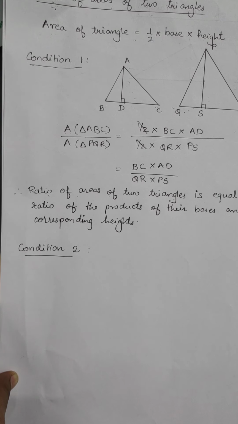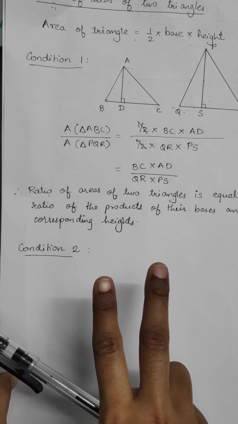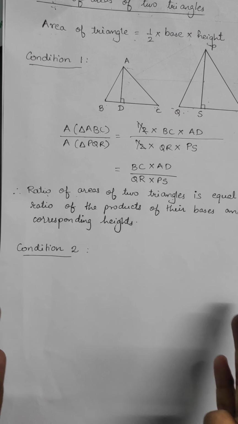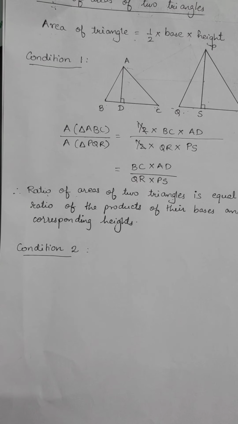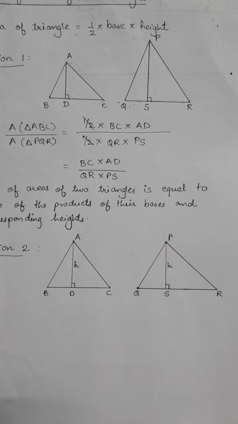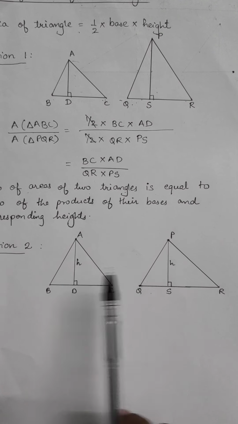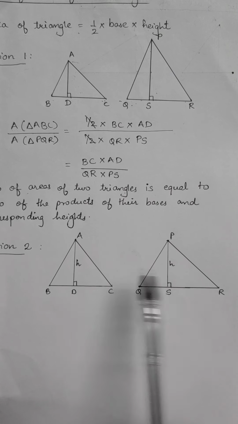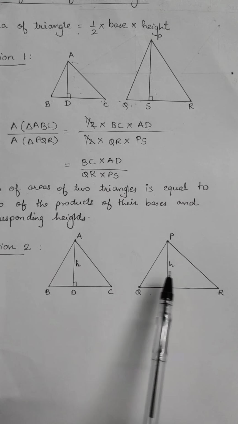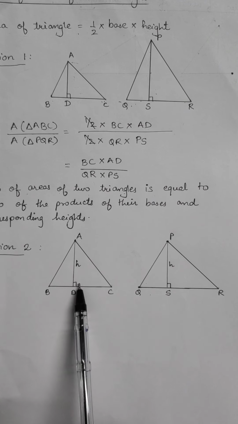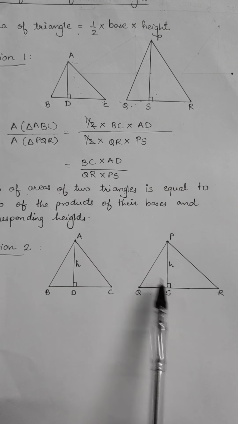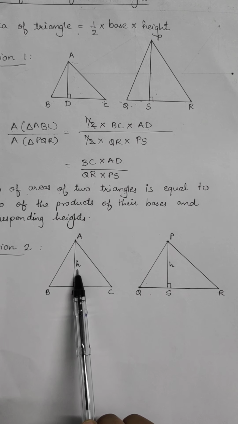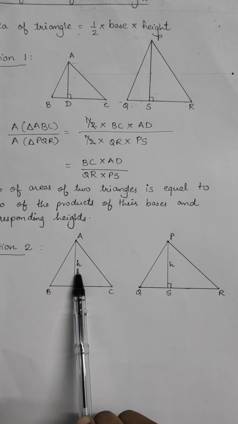In the second condition, again we will be having two triangles, but there is a twist children. The height for both the triangles will be the same. Let us draw the figure for it. Okay children. So when you see these two figures, the first triangle is triangle ABC, the second triangle is triangle PQR. Both the diagrams look different, but the similarity is that both the triangles have the same height. Yes. How did we come to know that they have the same height? Because you all can see here the initials that have been added here.